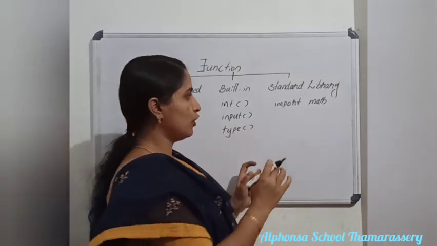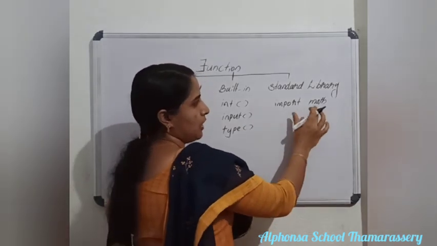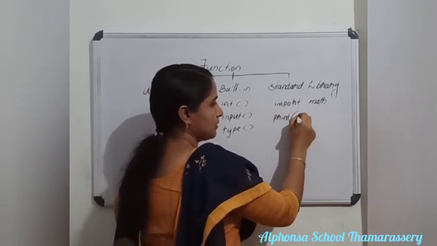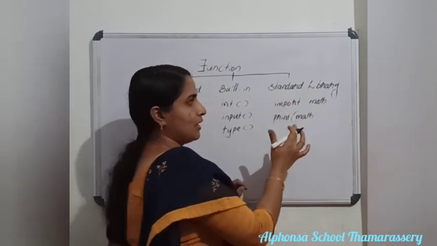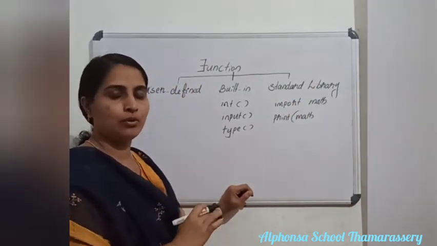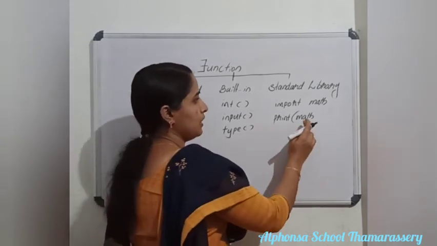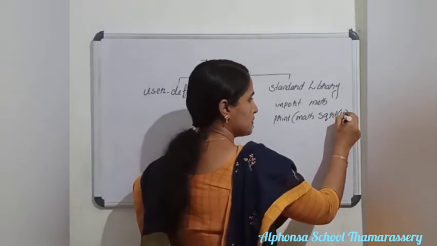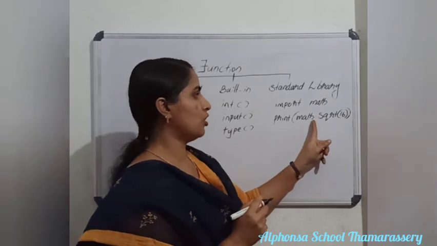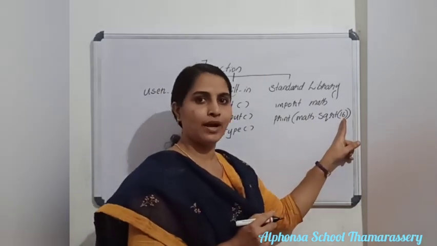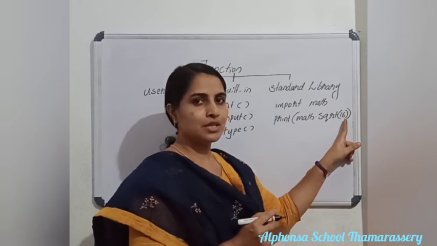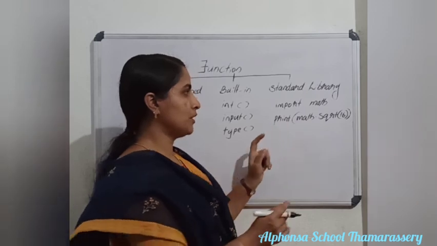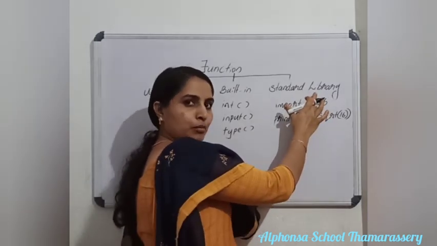For example, a sqrt function as part of the math module you can use. So I am using a print statement: print math. Math is a built-in standard library module that is directly available. You need not create any module for the same. So print math.sqrt of one value you specify. Here I am specifying 16. So print math.sqrt of 16 will print 4 as the output. Why 4? Because sqrt of 16 is 4. It is directly calculating the same because math is a standard library module.